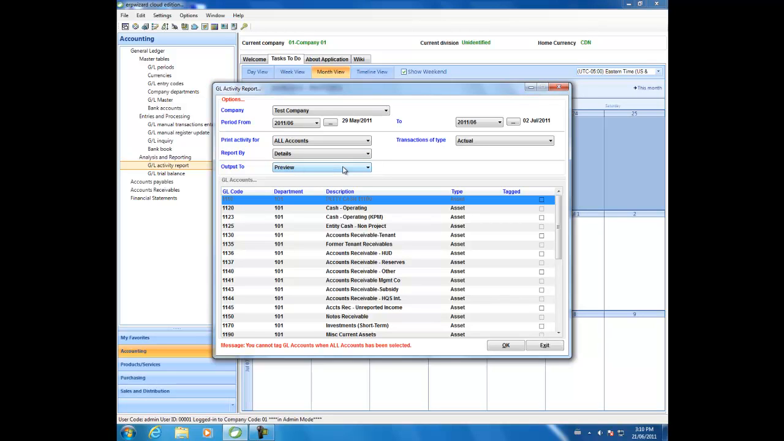Select Preview as the output to if you wish to print the report. This will generate a PDF file that can be printed or saved. Or you may select Excel if you wish to generate an Excel file. If you selected all accounts, click the OK button to generate the report. If you selected tagged accounts, like this,